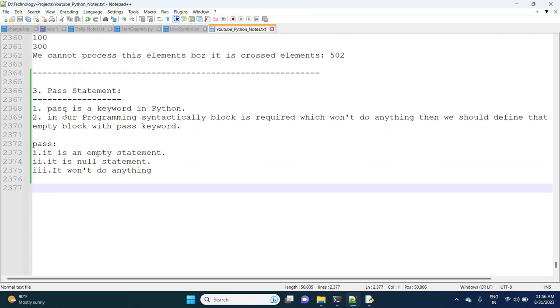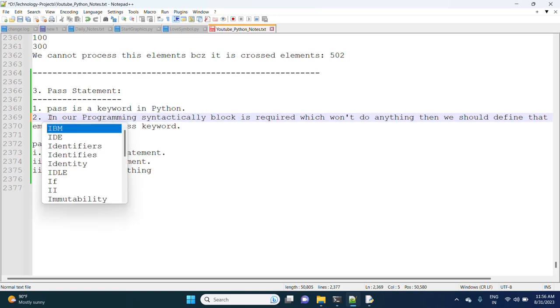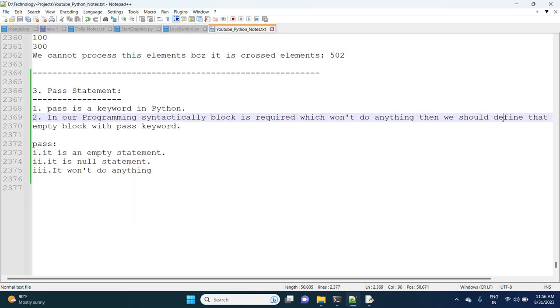Suppose in our programming syntactically a block is required but it won't do anything, then we should define that empty block with the pass keyword.